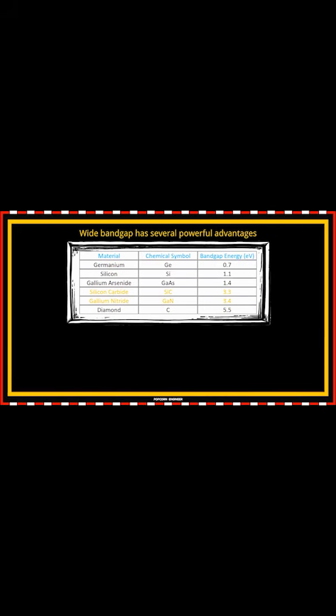Well, wide band gap materials simply have a larger band gap than traditional semiconductors like silicon. For example, silicon carbide has a band gap of around 3.3 electron volts, and gallium nitride is slightly higher with a band gap of about 3.4 electron volts. So compared to silicon's 1.1 electron volts, that's a big jump, and it opens up some major advantages, like